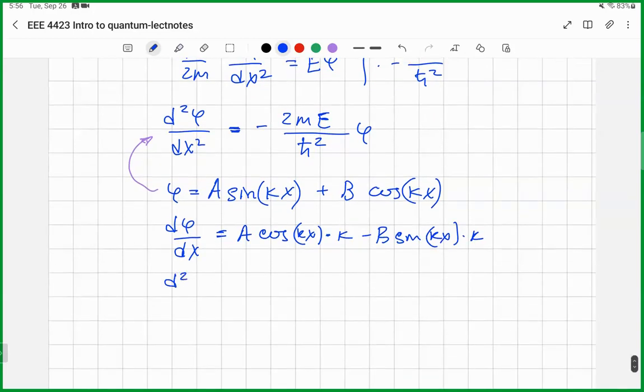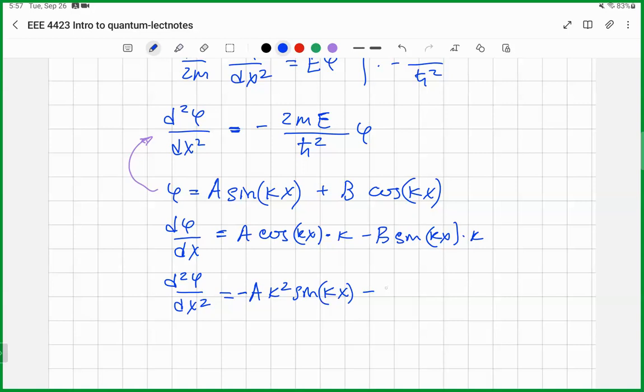And finally the second derivative of phi by x is going to be minus a k squared sine kx